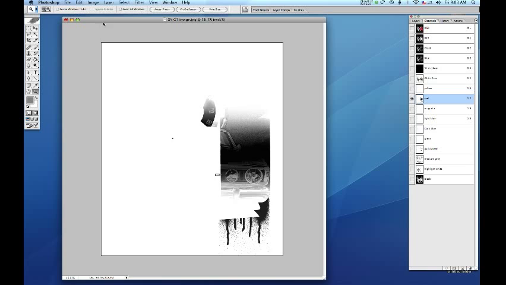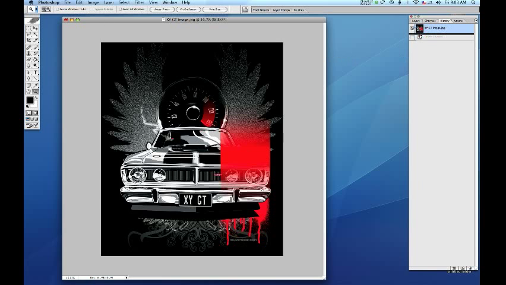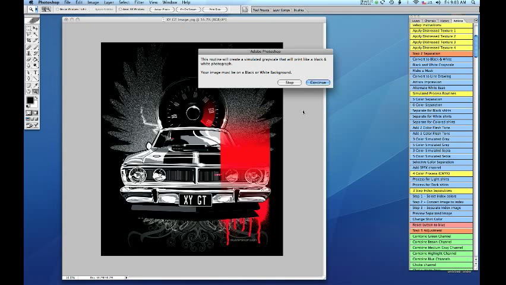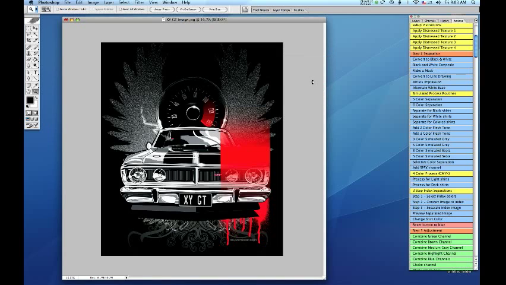So close everything down. This one here, I'm just going to go to the history list and bring me right back to the original image. So you can see that's the standard RGB image once again. Now this time I'm going to use the separate the three color simulated gray separation. Now of course that's not going to give me the red, but it is going to give me the gray channel that I need. This particular image, you really only need to print a white base, one gray, the red,